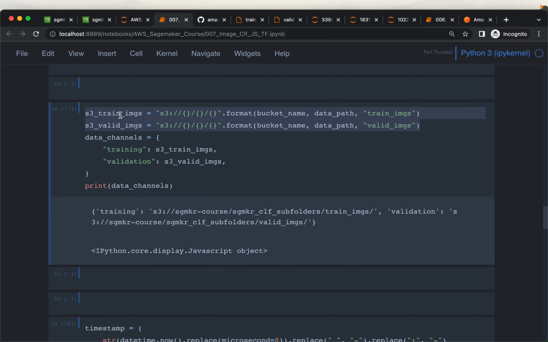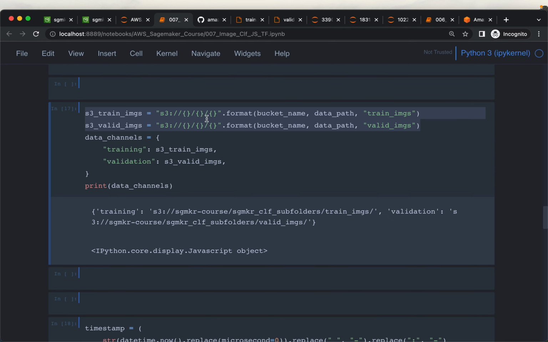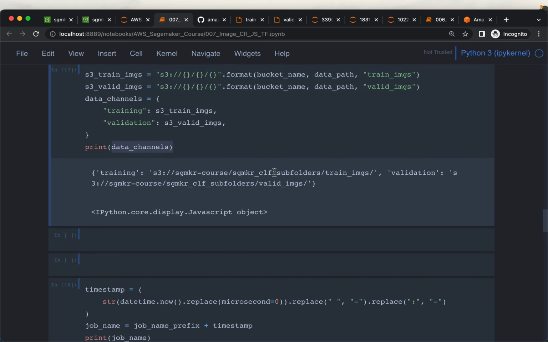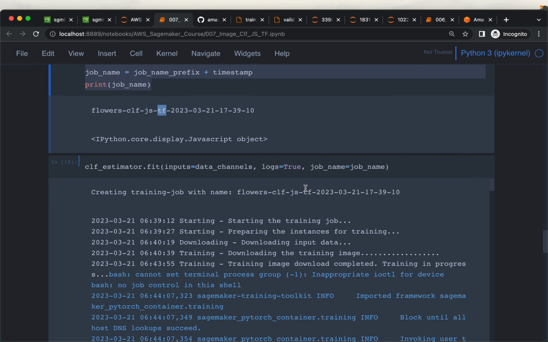Where are our training images as well as where are our validation images. We don't need to provide the ground truth because we have organized the data such that each folder contains only images related to that particular class. Okay, so that's our data channels. And then again, get the timestamp and define a unique job name. So it's this flowers classification, Jumpstart TensorFlow. Okay. Then